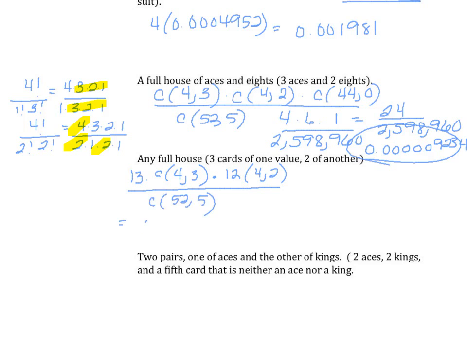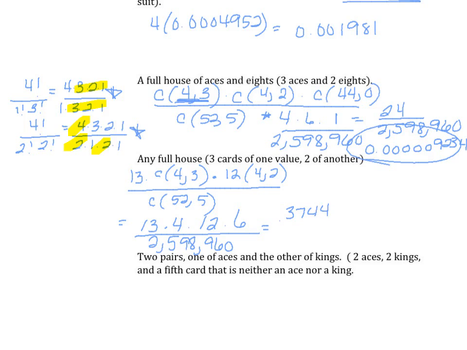So this is equivalent to 13 times 4 choose 3, which was equivalent to 4, times 12 times 4 choose 2, which was equivalent to 6, all over 2,598,960. So if I were to multiply 13 times 4 times 12 times 6,